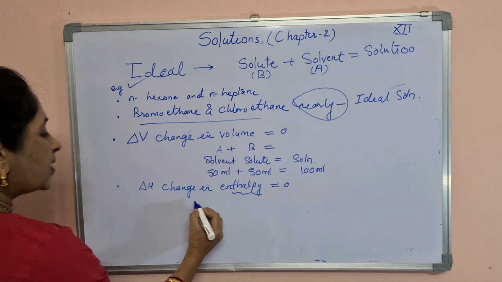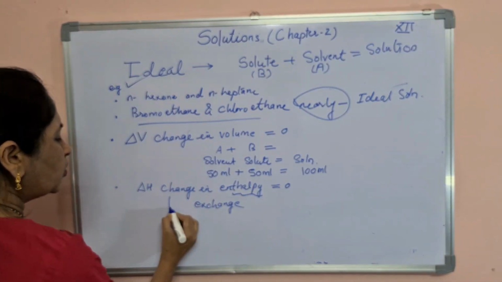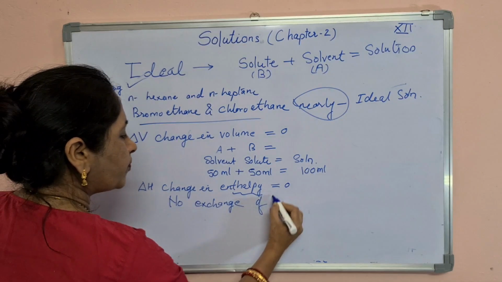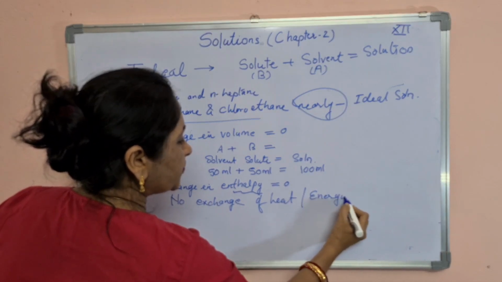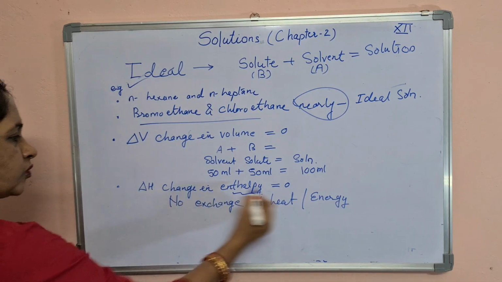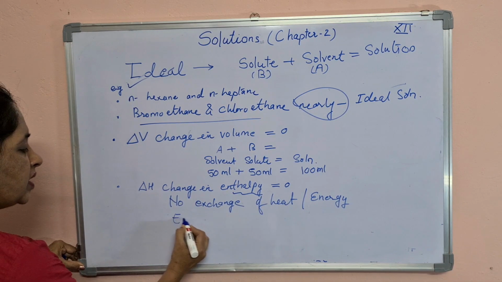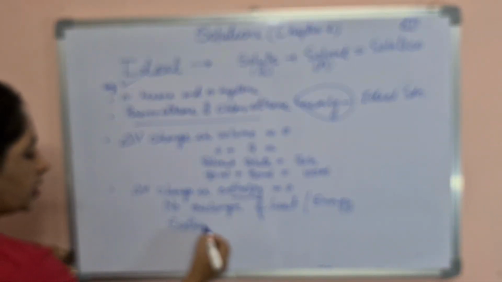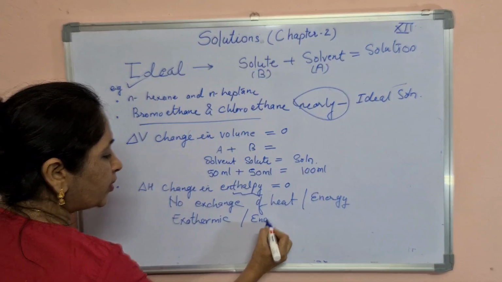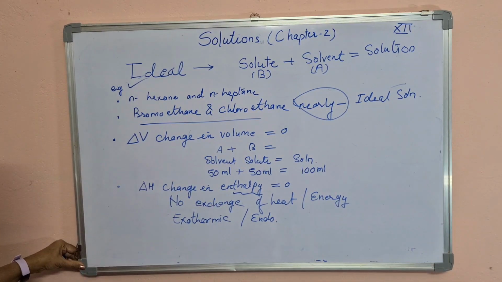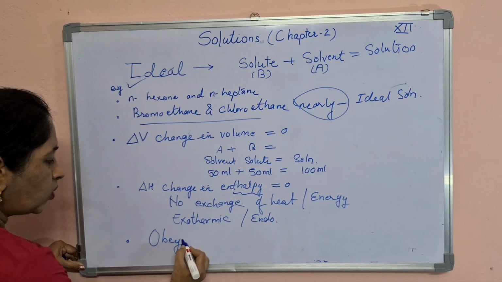That is, no exchange of heat or any form of energy. It means this process of the formation of the solution is neither exothermic in nature nor endothermic in nature. And yes, ideal solutions, they obey